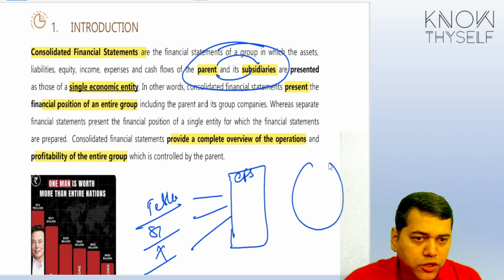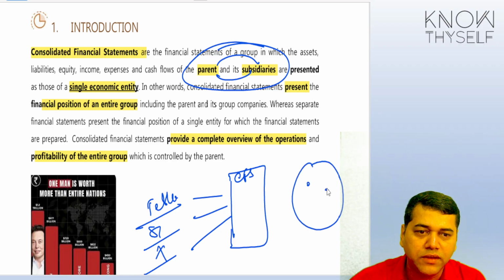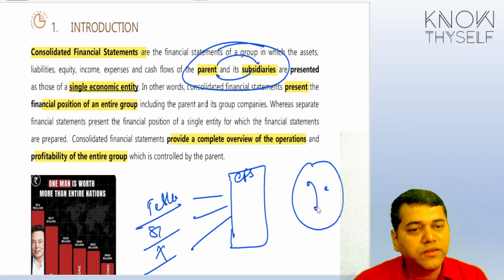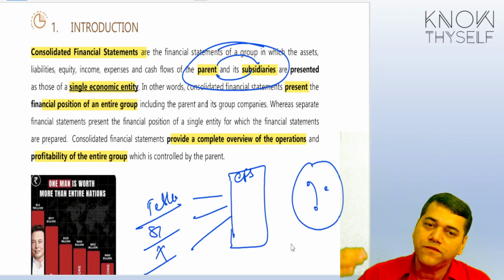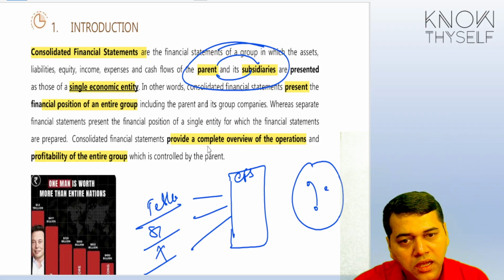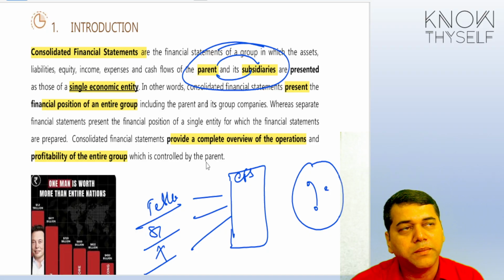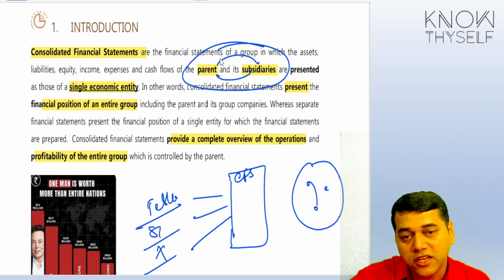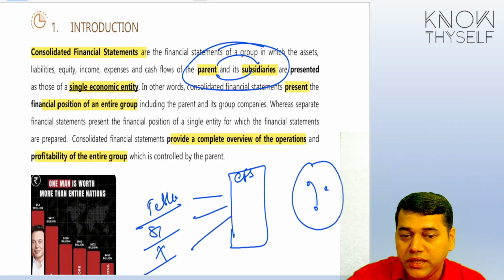Now, when we look into the people within our circle and when we consolidate the wealth, we get more comfort, because somewhere we are going to get that comfort itself is sufficient, that perspective itself is sufficient. Similarly, in an organization, the investors will get a better understanding when you consolidate, and a lot of things you can eliminate, like intercompany transactions. Some frauds and fraud type of things can get eliminated, because at a standalone level you can be doing some fraud, but you will be easily caught at the CFS level.